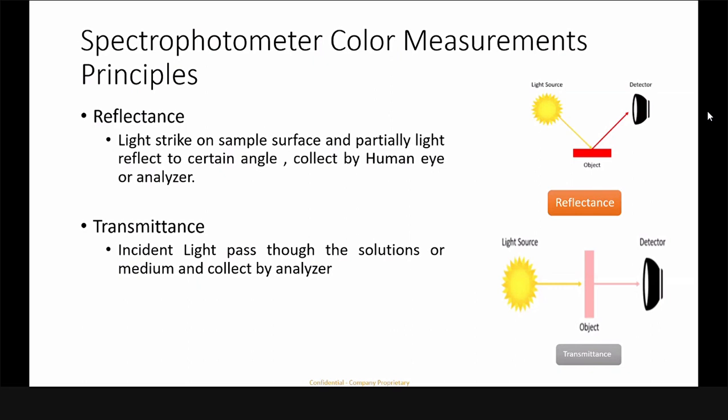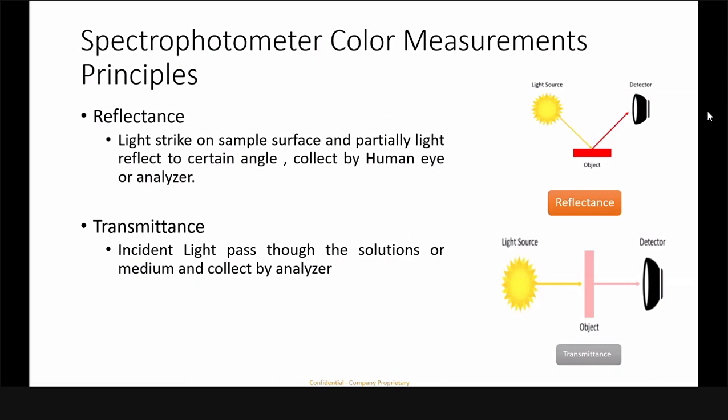This whole process we call reflectance measurement. The same thing can be seen in the first picture on the left side of our slide. It explains the process simply, not in depth. We are not talking about instrument anatomy, just explaining the process while doing reflectance measurement. And the second most usable